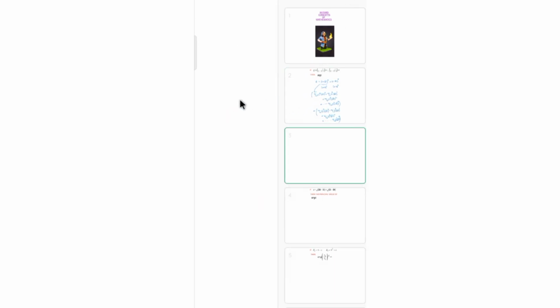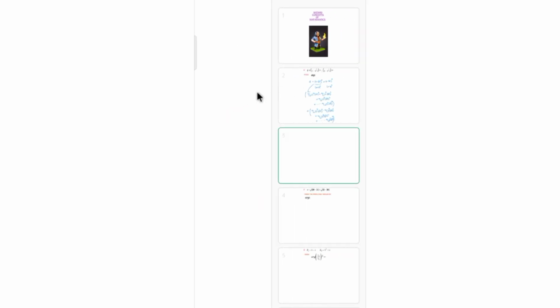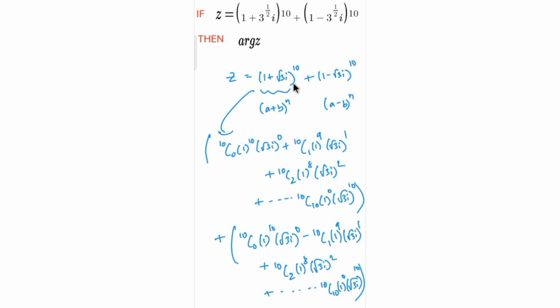So what can we identify from this? This is a real term. This is a real term. There is no i term here, there is no complex term here, and in this we can find a complex term because that is root 3 i, and here again it is a real number. We don't find any complex term in this because (root 3 i) square, and i square is minus 1, so it results in a real number.